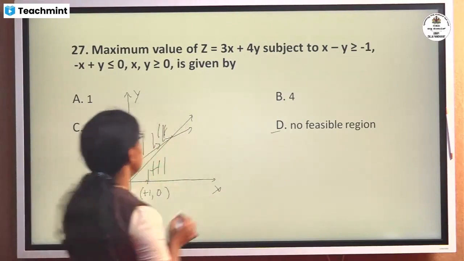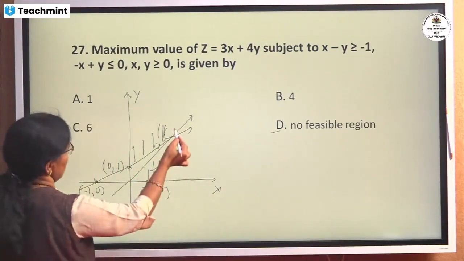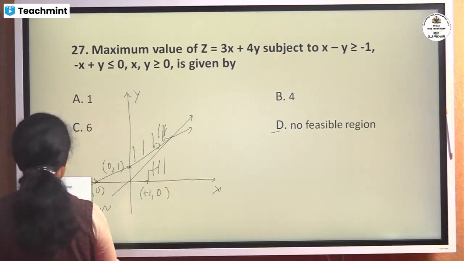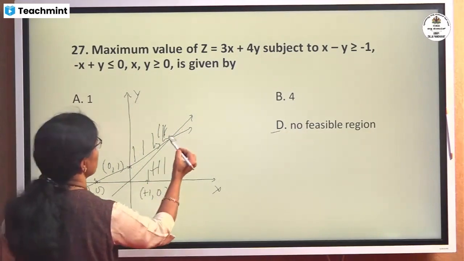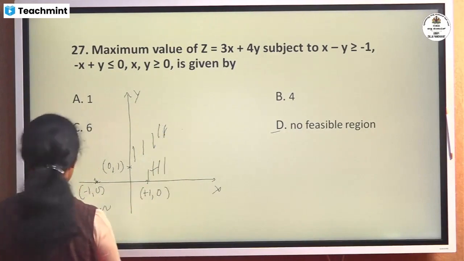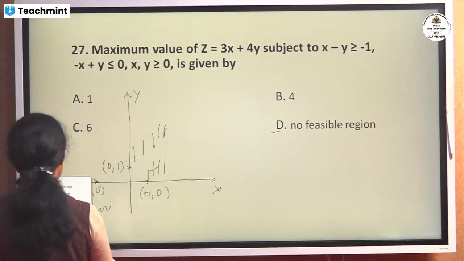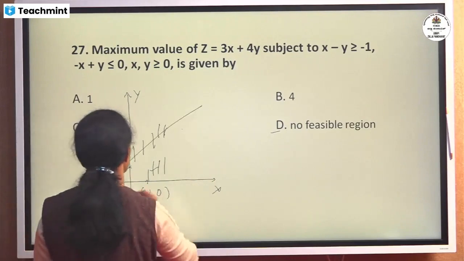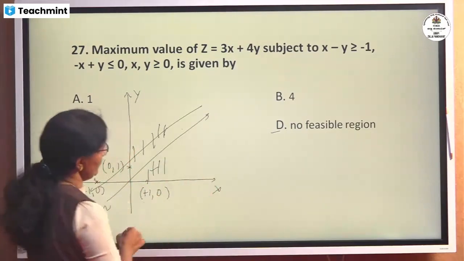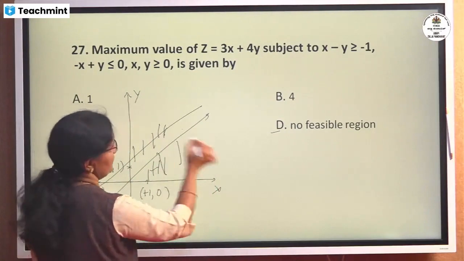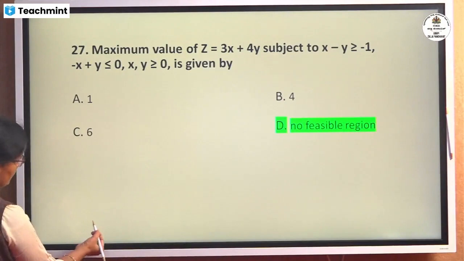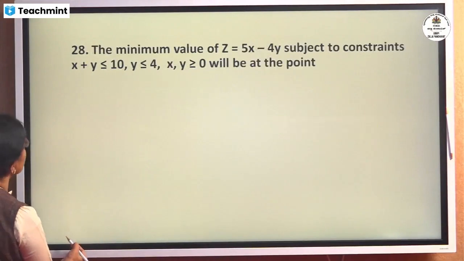Therefore, the feasible region will not be there. So I drew it wrong. Actually, the line will be like this only, and this is the other line. They will not intersect. Here is the solution and here is the solution. No feasible region. Therefore, don't go for the answer. Okay, so let me go for